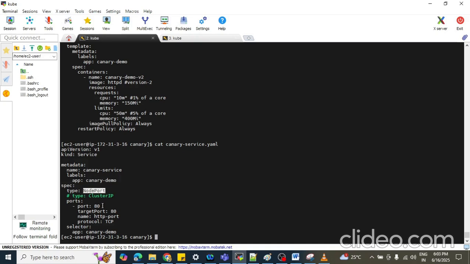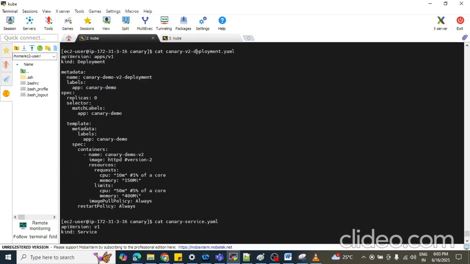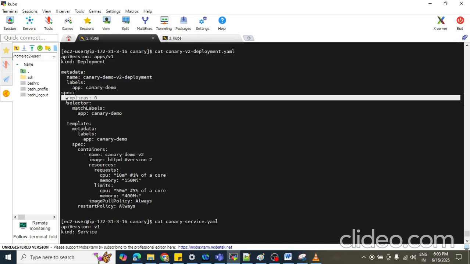Now if you observe carefully version 2, if we execute this canary version 2, we are not going to receive any traffic, because what we mentioned here is a replica count of 0.